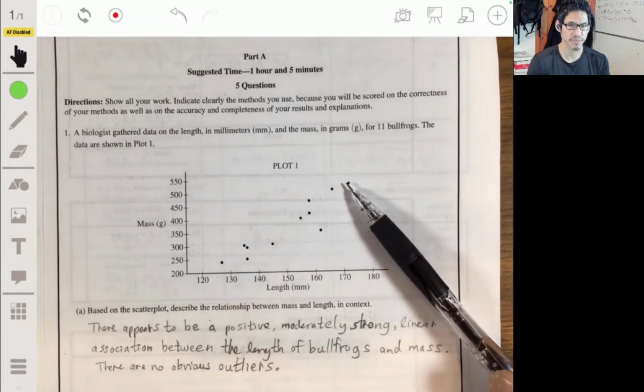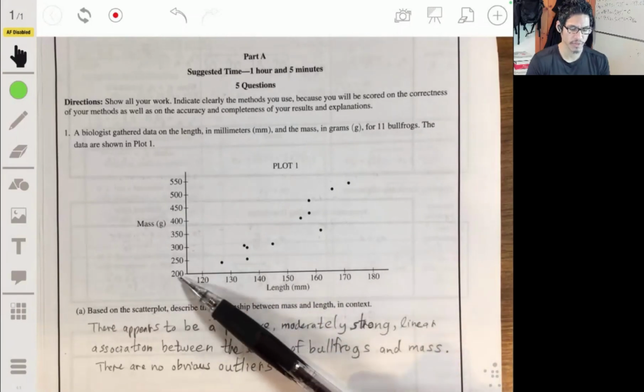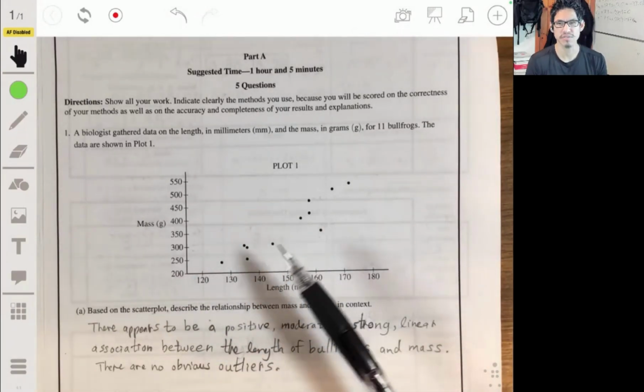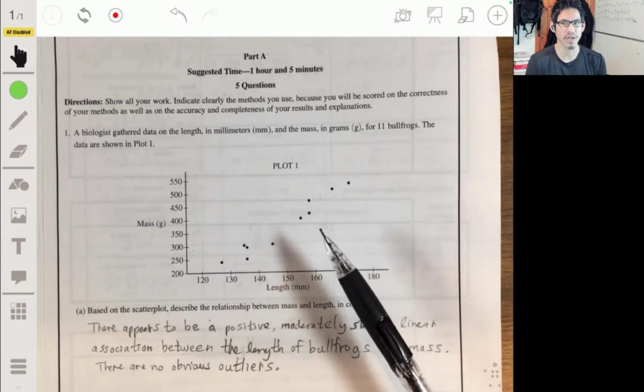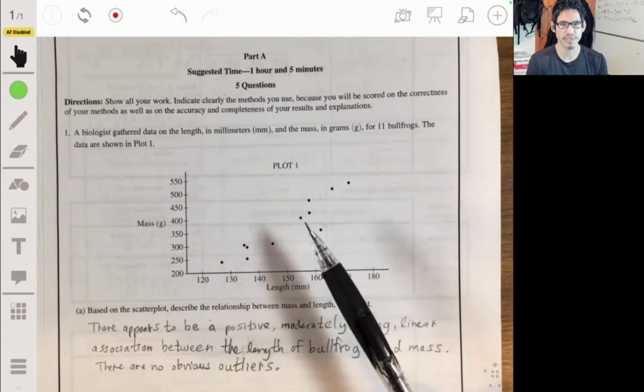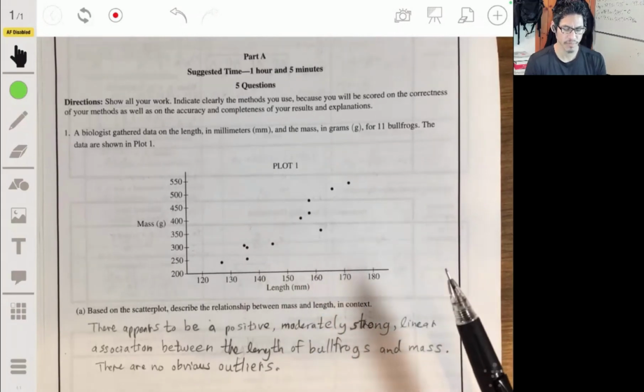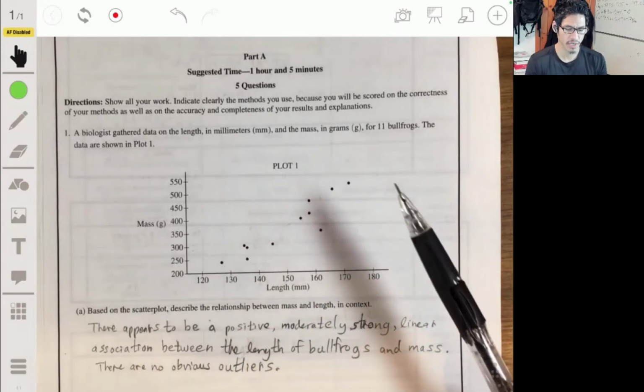So, it's positive because as one variable increases, the other one increases. We would say it's moderate to, I would say, you could probably even say strong. You wouldn't want to say weak, but I think they would give you credit if you said medium or strong. Linear,